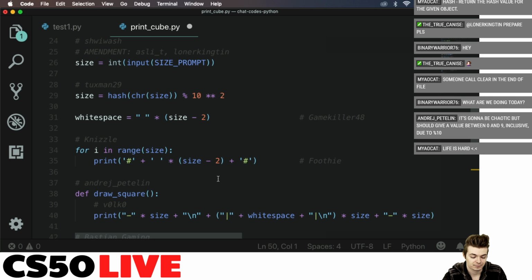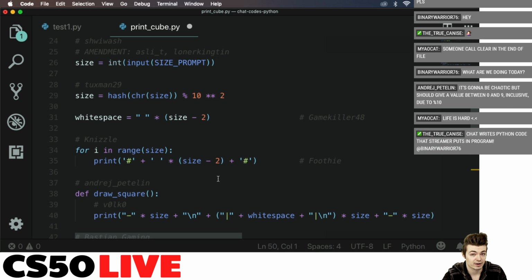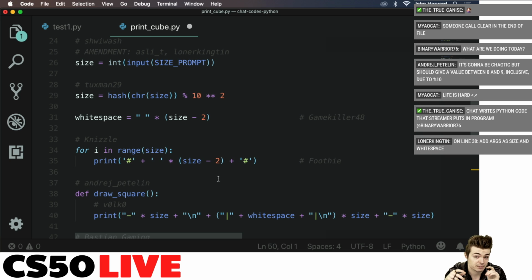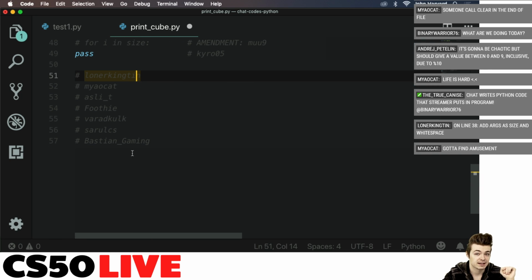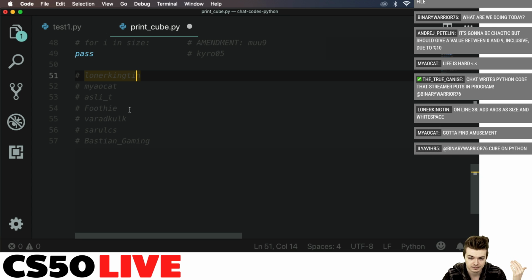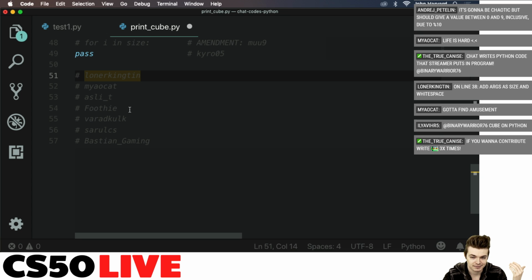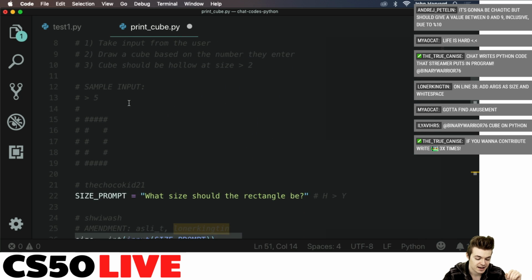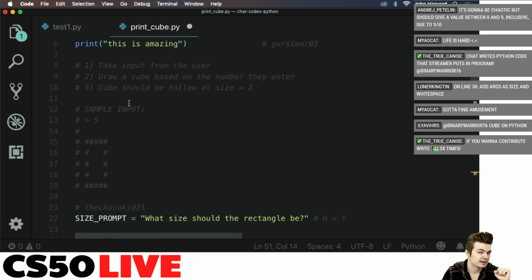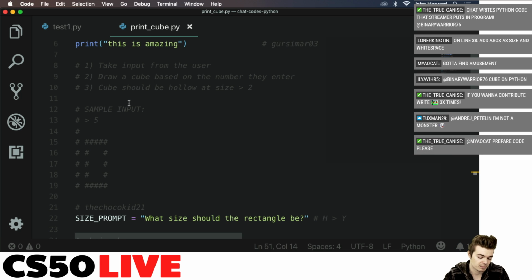And the lines are provided by the chat. So every single line, people basically write 3 robots, and that tells me that they want to contribute to the script. I add them to a list. We go through the list one at a time. That person gives me a line of Python code and where they want to add it or if they want to amend a line. And hilarity ensues. Right now we are trying to print a cube, aka a square, aka a rectangle, but literally